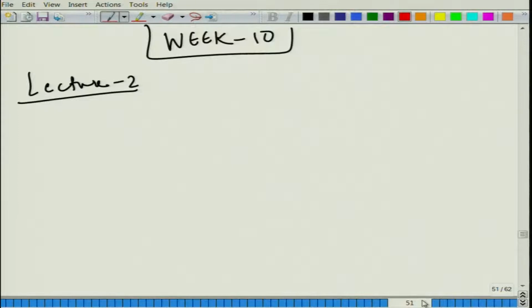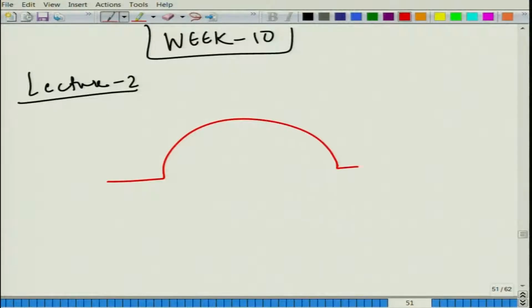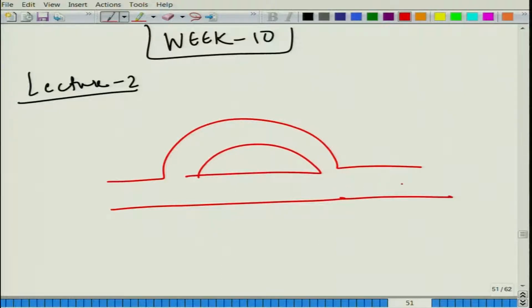So, what we are going to do in this lecture is basically two things. First of all, for such simple elements like the one that I have considered, between this point and this point, what we figured out was that although it is complicated, we can develop an analytical formula at least for the two duct system.